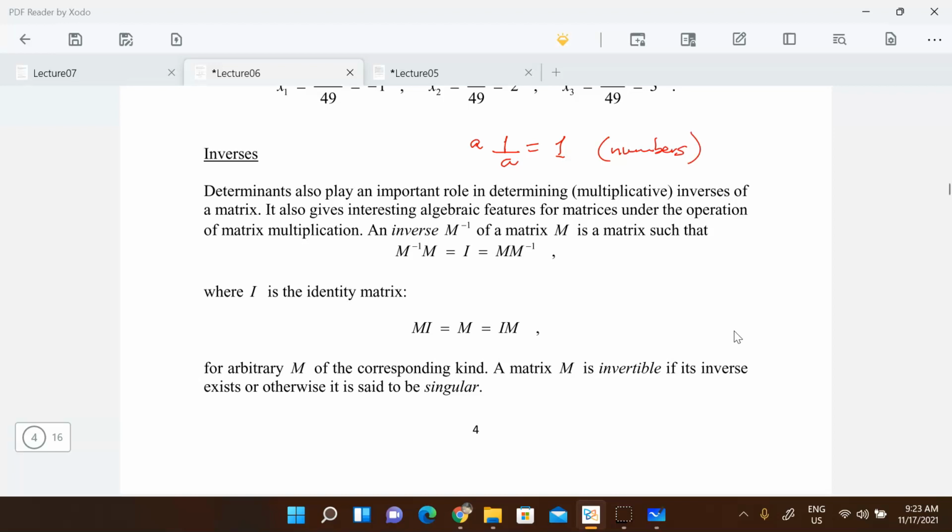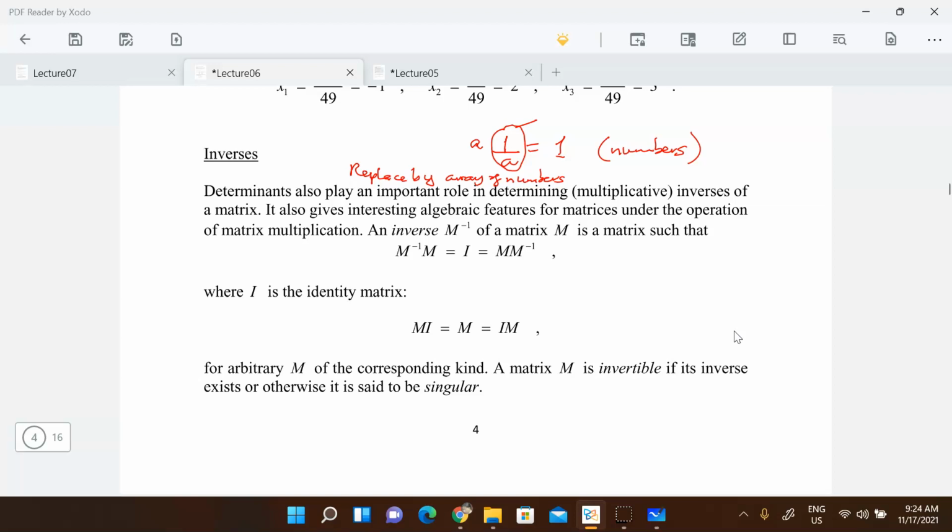So instead of numbers, you are replaced by an array of numbers, which now becomes a matrix. What will be the analog of this equation? Well, the analog of this equation is essentially to say that there is such an object which is called the inverse of that object. The inverse of that object, for example, is usually given by M